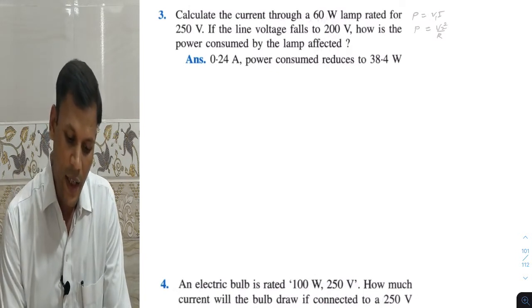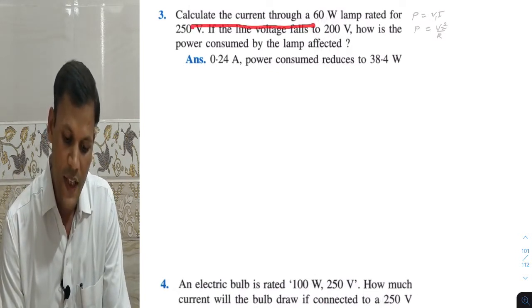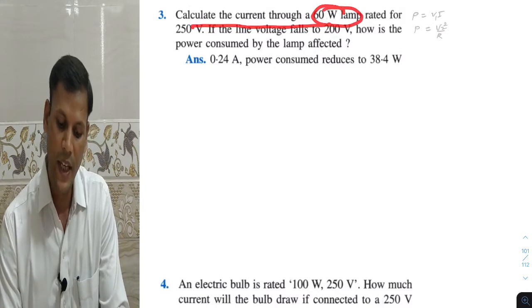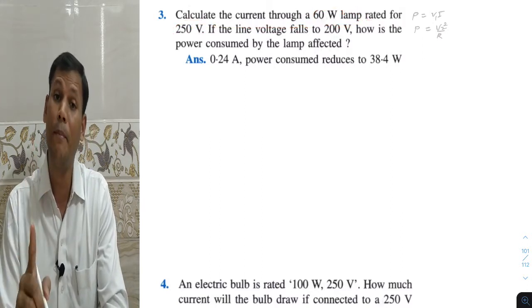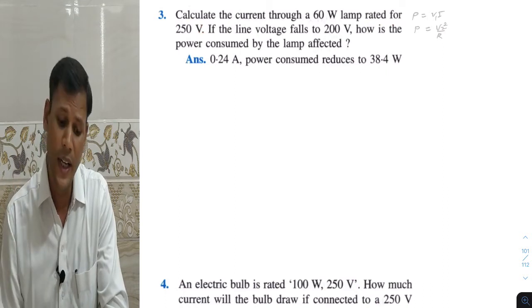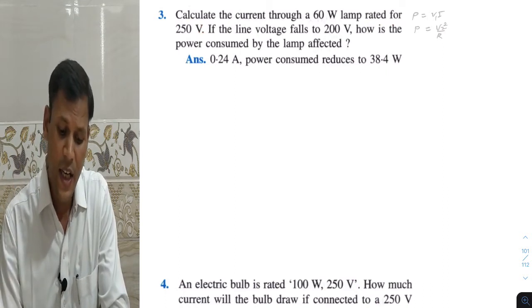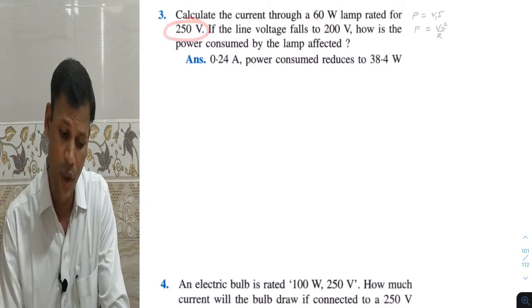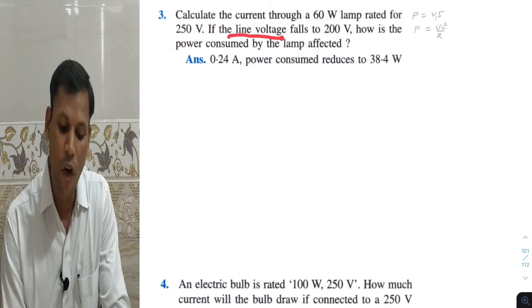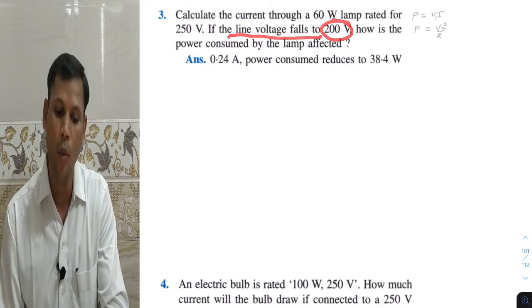Calculate the current through a 60 watt lamp rated for 250 volt. तो इसका ये पावर रेटिंग दिया है. पावर रेटिंग में क्या क्या दिया है? इसका पावर 60 वाट है और वोल्टेज कितना है? 250 वोल्ट. If the line voltage falls to 200